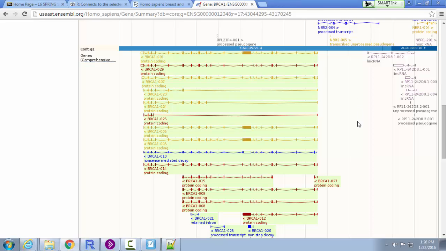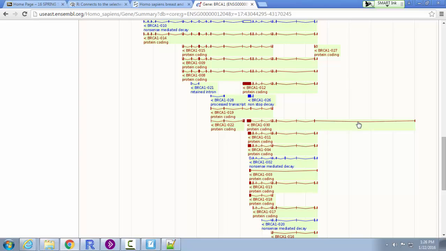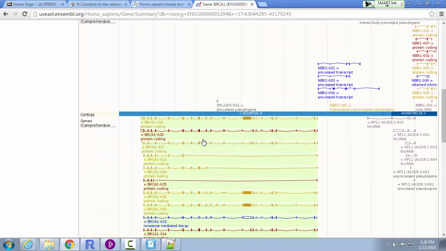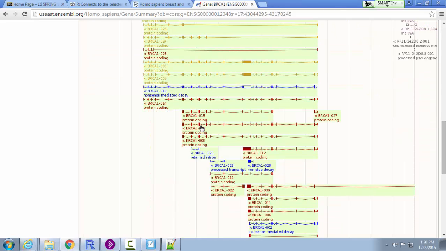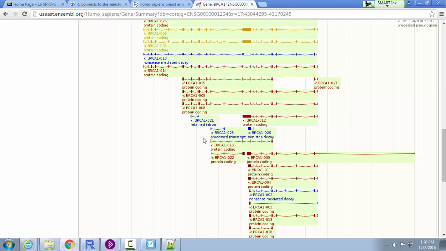An interesting tidbit from this picture is that all of these colored spots are coming from this region called BRCA1, but there's a bunch of them. And what that means is if, for example, you go to the BRCA1 location,